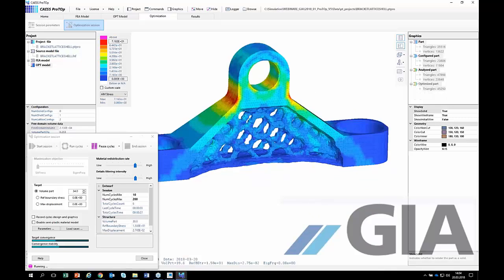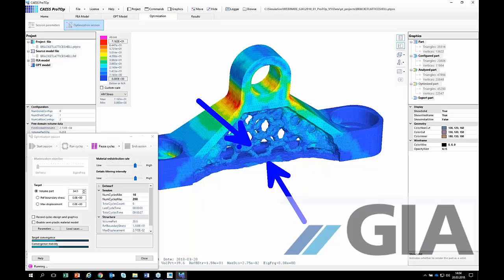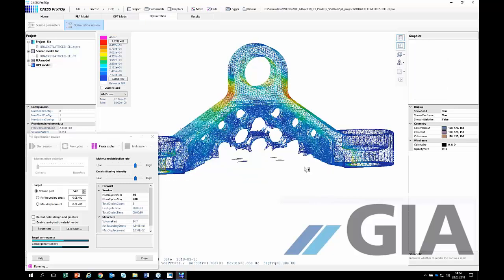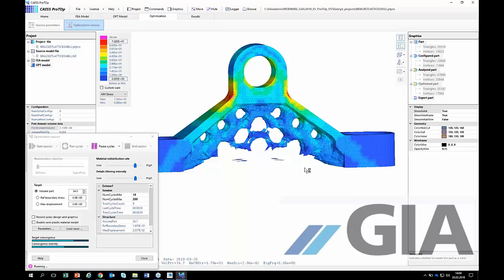So it's taking out material in that area here. Okay, and the other bars, they're getting thick, thick, and thick. And now ProTOp is taking out the materials in that area. Now we are around 34%,